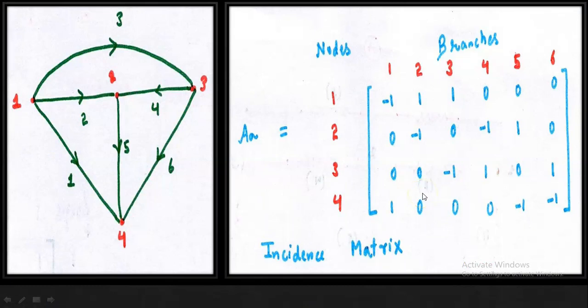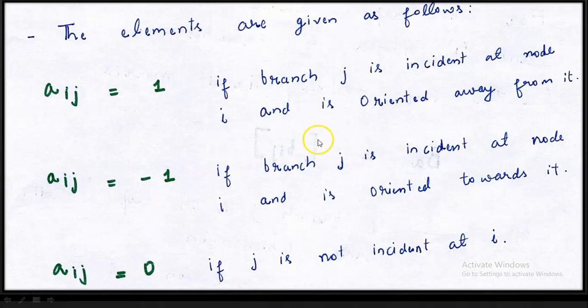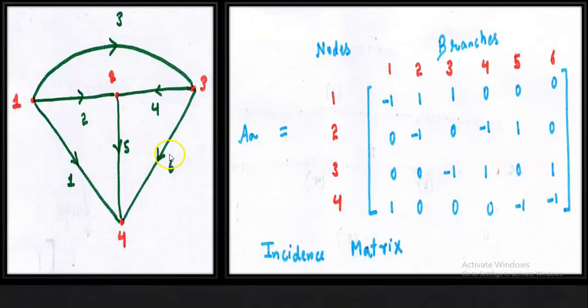Let us see one example. On the left side there is a graph, and from this graph this incidence matrix is drawn. So we have nodes 1, 2, 3, 4 and the branches 1, 2, 3, 4, 5, 6. Now following this rule, Aij is equal to 1, -1 and 0. All the elements are calculated, -1, 1 or 0, and it has been made. You try it. If you are not getting it, just comment. I will try to answer it.